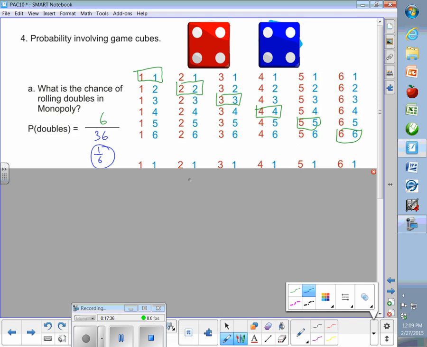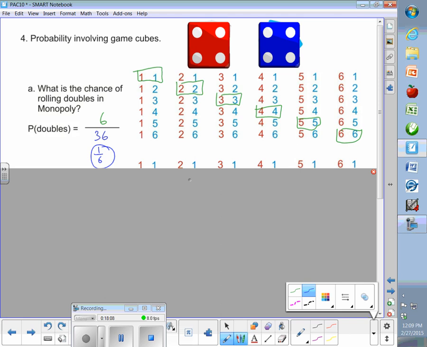Don't you have to roll doubles in Monopoly to get out of jail? Well, there's a 1 in 6 chance. I've seen people do this. They roll, don't get out of jail. They roll, they don't get out of jail, and then they pay. It's like, if you're going to pay in the beginning. Because you have a 1 in 6 shot. So you might go 6 in a row and never roll those doubles. But probably 1 out of every 6 rolls will be a doubles.